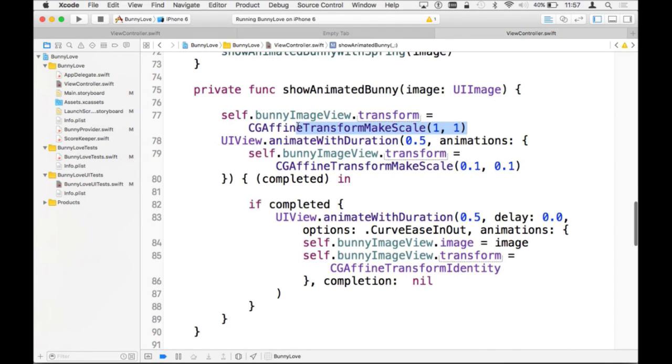And then it takes the existing bunny, goes really small, and when it completes, it removes that transform by telling the bunny image that it needs to go back to the identity, and that makes the bunny image go back to its normal size. And when you run it,